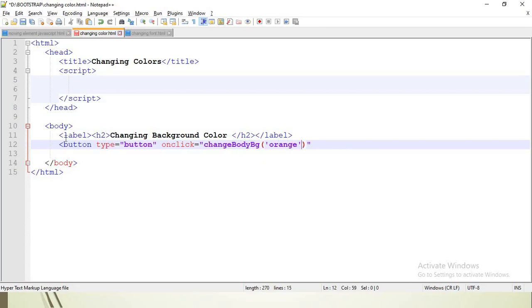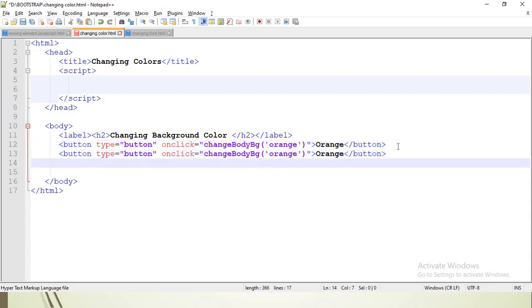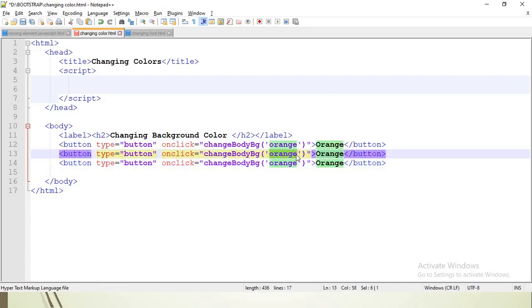The first color is orange. I'm closing it here. The value of the button is orange. I'll close the button tag. I'll copy this whole thing and create 2 more buttons. The function is the same, only the color I'm going to change here, that is pink.